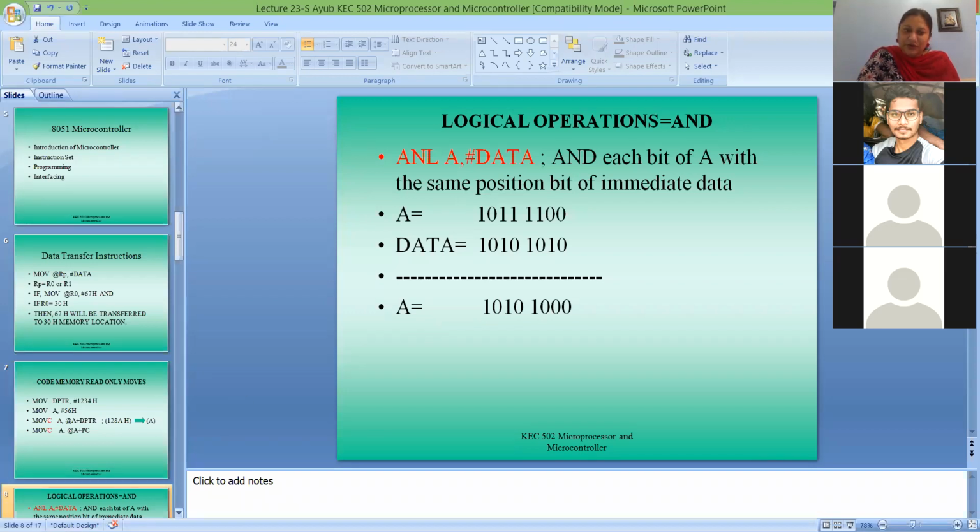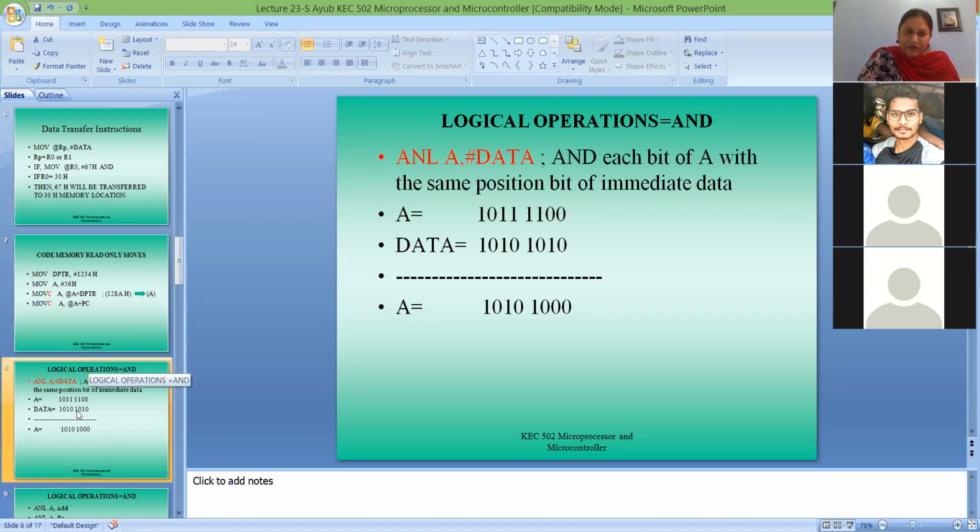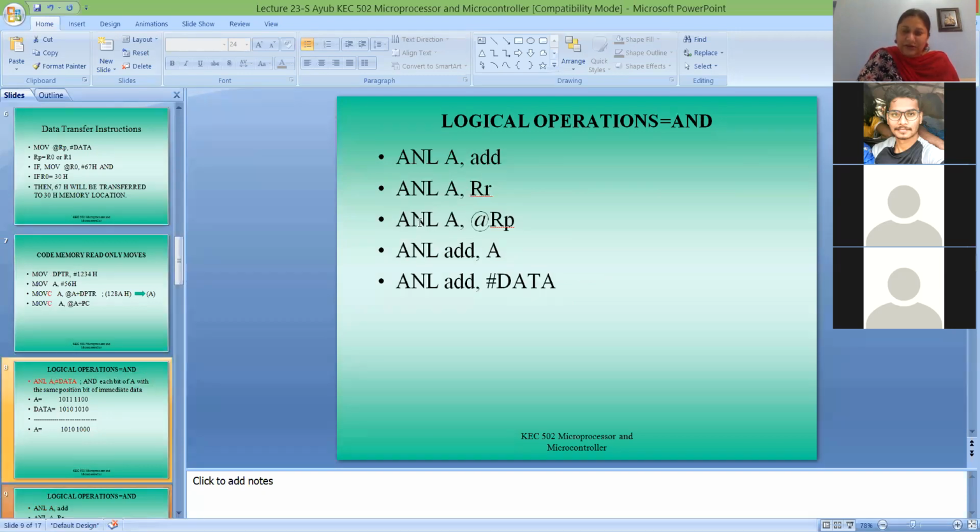Similarly, you have other instructions. You can AND the contents of an 8-bit RAM location, given by the address, with the accumulator contents bit by bit, and the result is available in the accumulator. Rn can be R0 to R7: you can AND the contents of R0 to R7 with the accumulator, and the result is available in the accumulator.